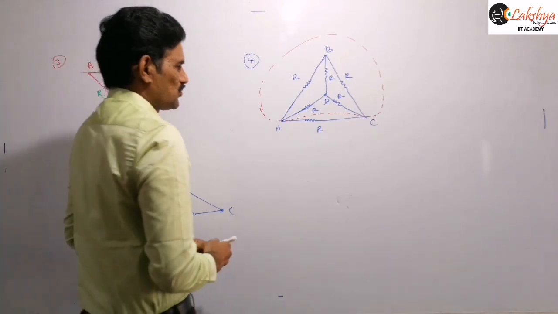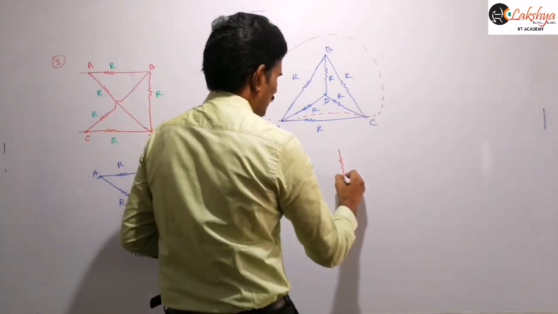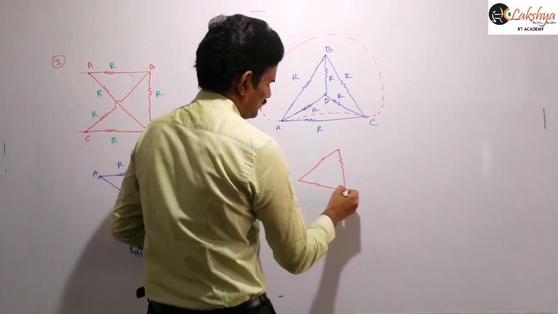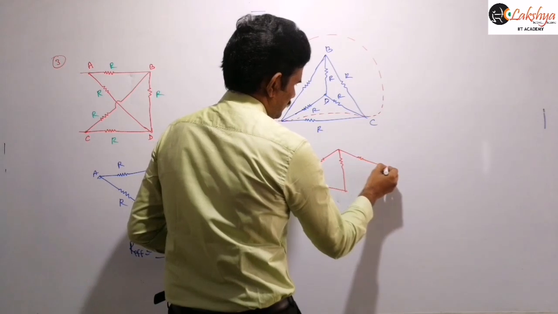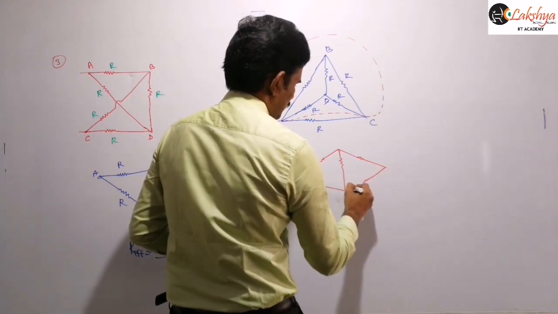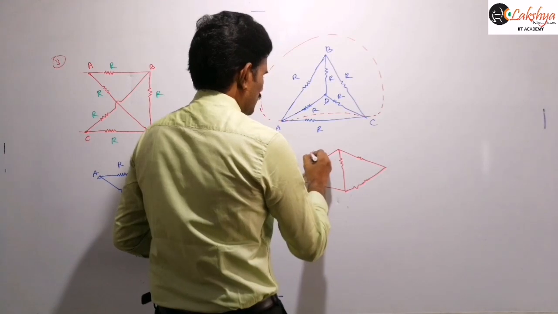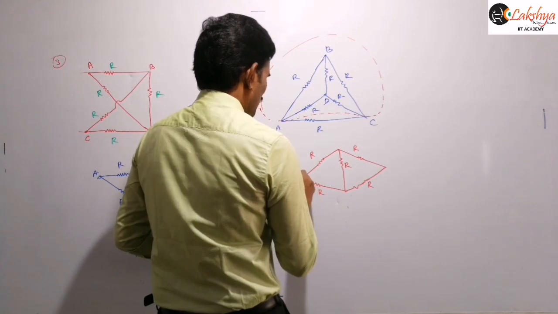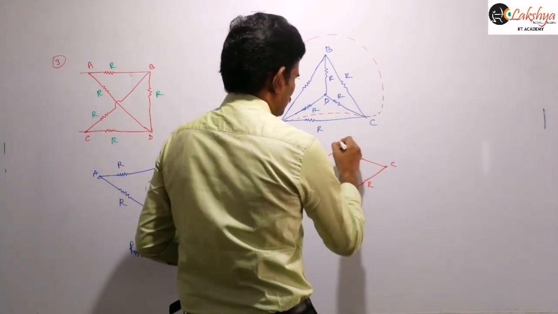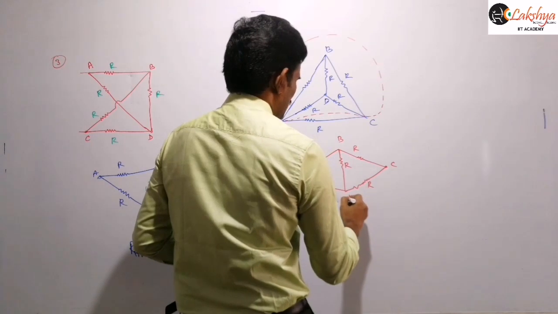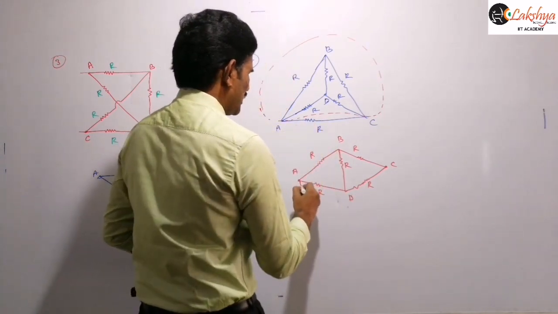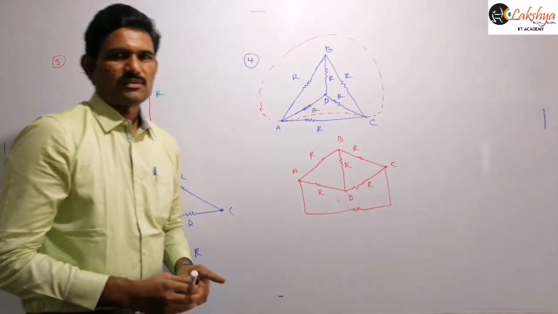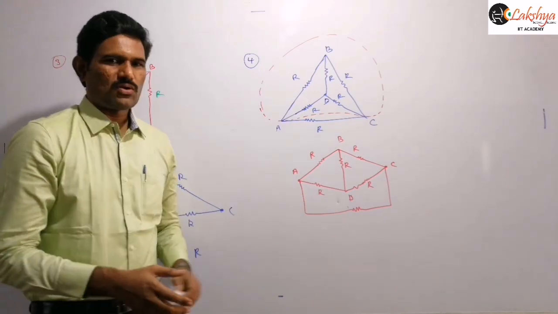That means I can draw this circuit as, so this is our standard Wheatstone bridge circuit you will get here. This is R, and this is R, and this is also R, and this is also R. Now this is point A and this is point C, and this is B and D, right? Now additionally this resistance is there, that resistance you can connect like this, right?